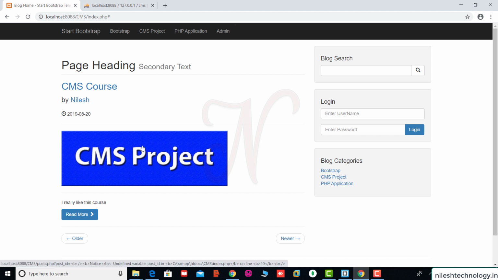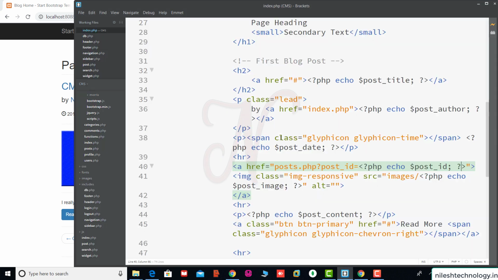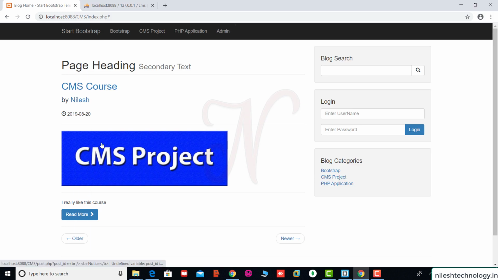So when you click on this image, you are not redirected to the page. So again we check the code. Your program name is post.php, not a post.php. Okay, so see here, first we refresh this page, click on this.